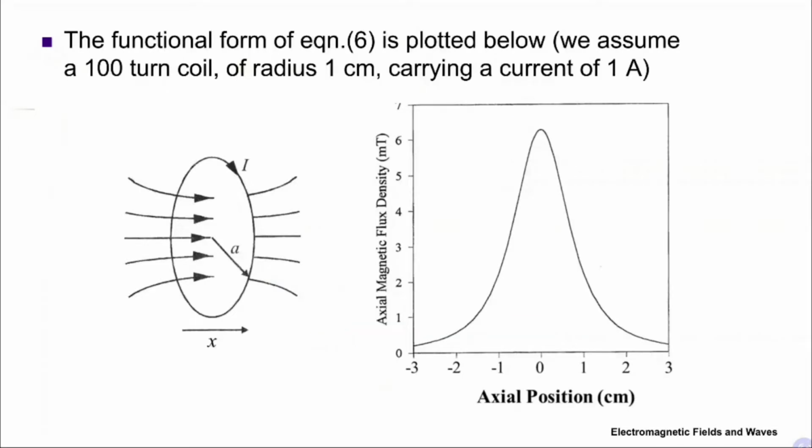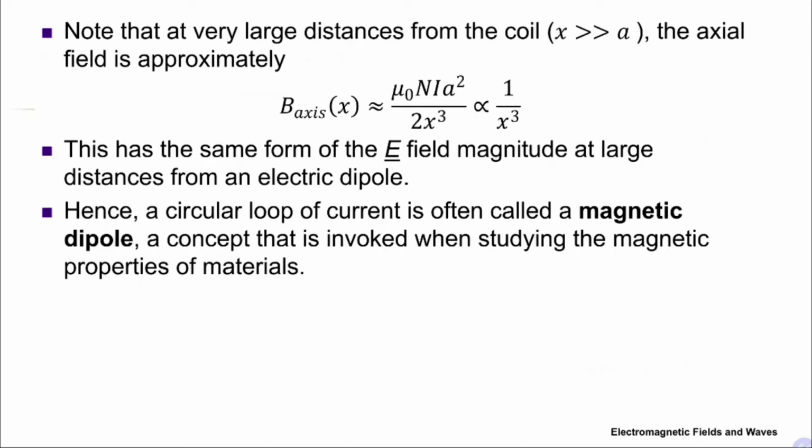Okay, so this is the profile of the magnetic flux density. If this is my coil, looking at the side, if you're moving away x from the coil, this is how the magnetic flux density decreases from the coil. So if x is much greater than a, then you find that the magnetic flux density is proportional to 1 over x cubed. And if you remember, when we talked about electrostatics, we have the electric dipole, which has the same